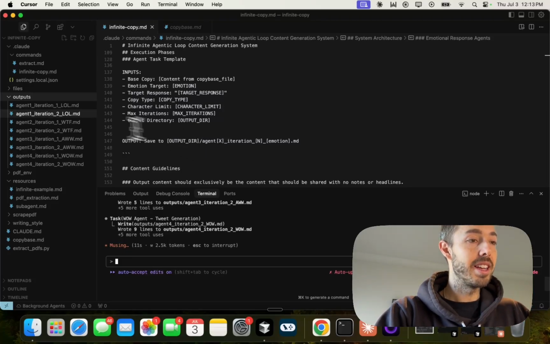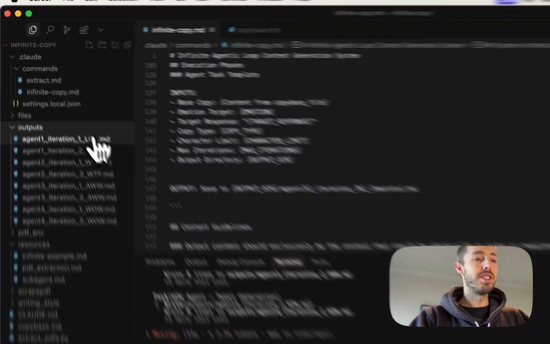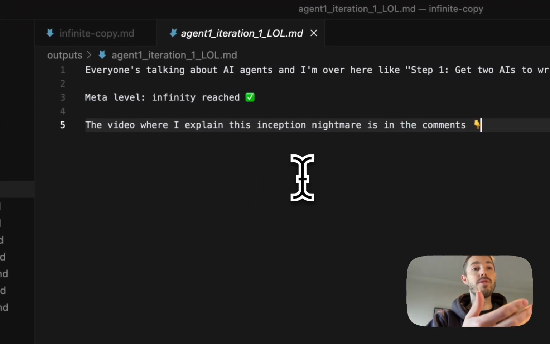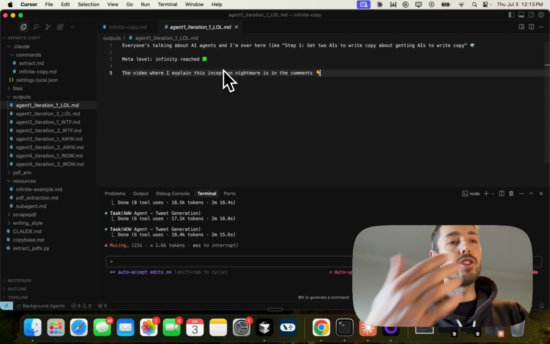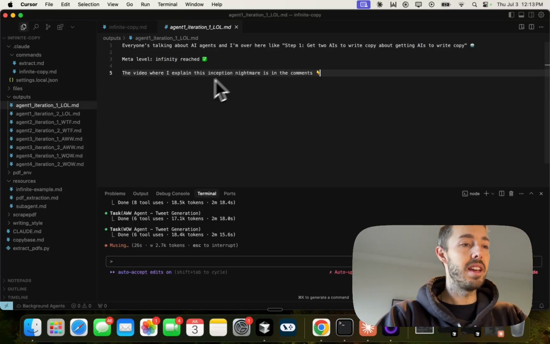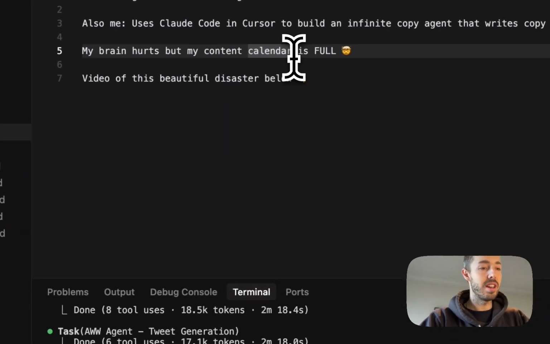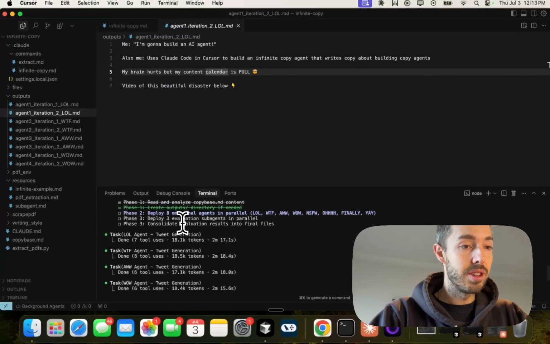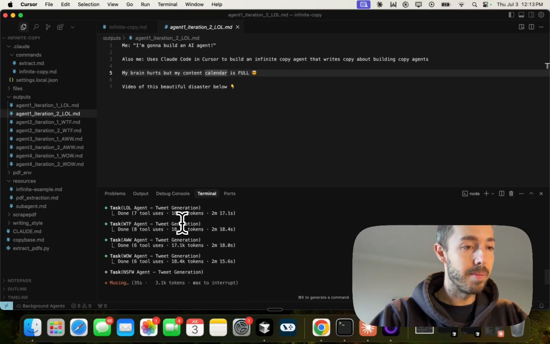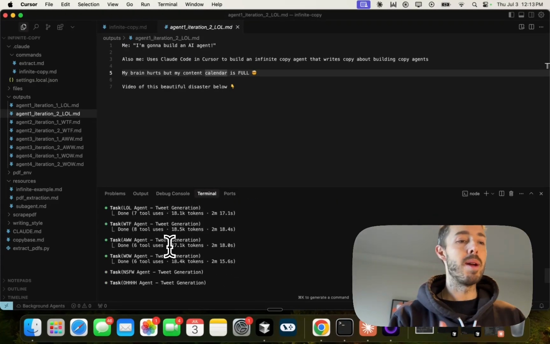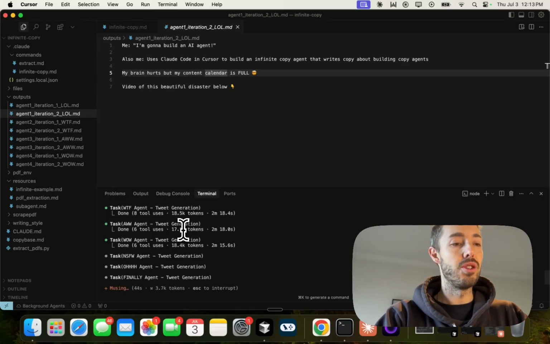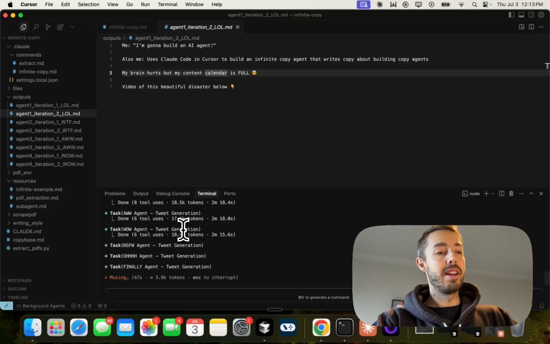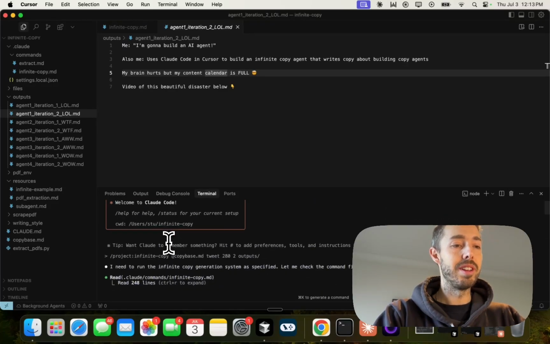In this case, we can see it's already generated quite a few pieces of content. This one is for the laugh out loud or the humorous content style, and we can see its second iteration here. But it looks like it only actually launched 4 agents. So maybe there's a memory issue or a usage issue, which slowed down its ability to launch all the agents, but it understands that and is now launching the final 4 agents.